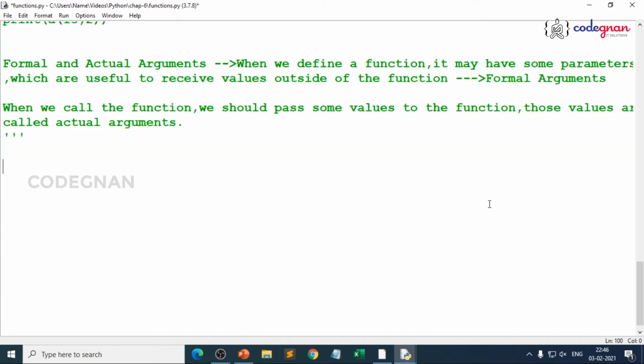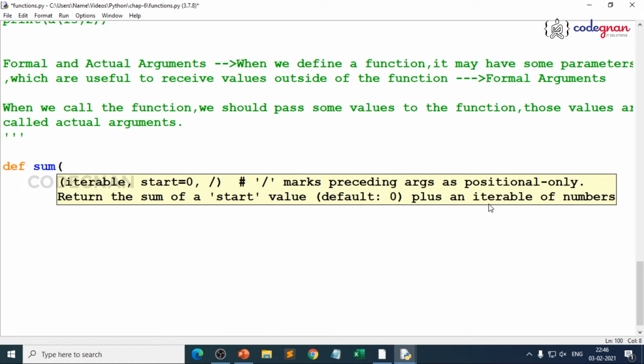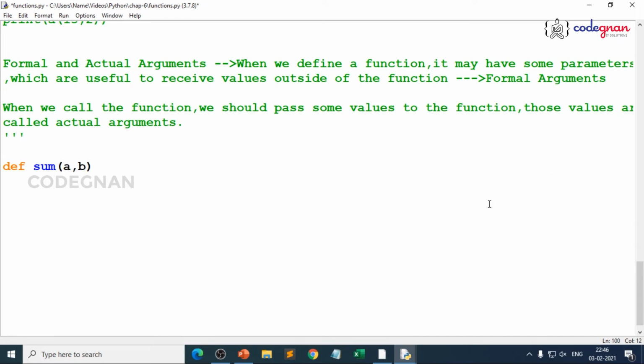To illustrate that, let me take up a simple example. I define sum as my function name. Sum is also a built-in function, but you need not worry. I will take a comma b, sum of a comma b. Here a comma b are formal arguments because you pass the values from outside the function.